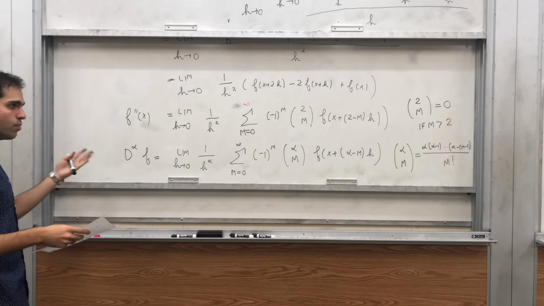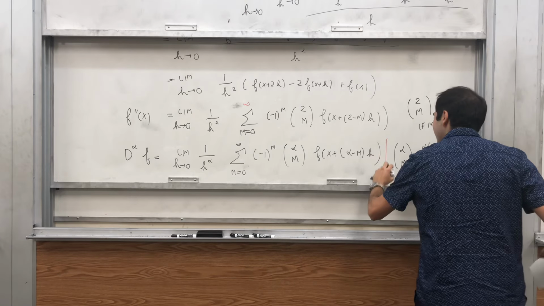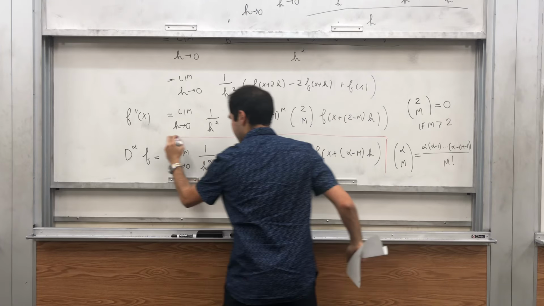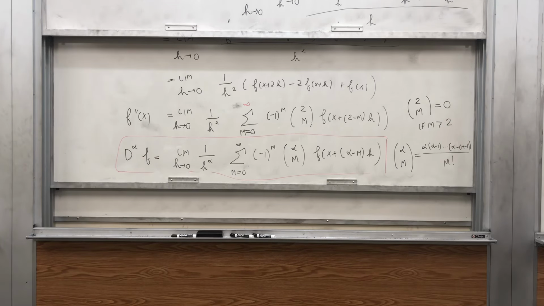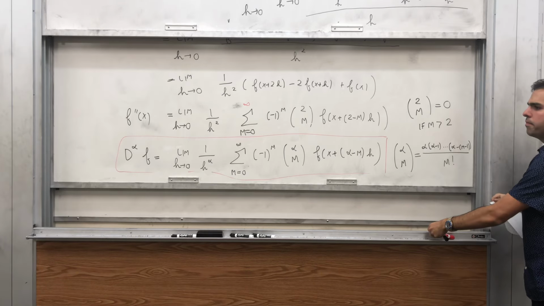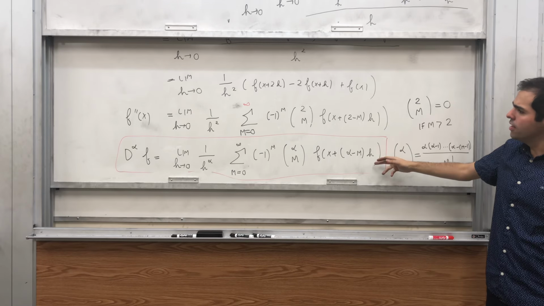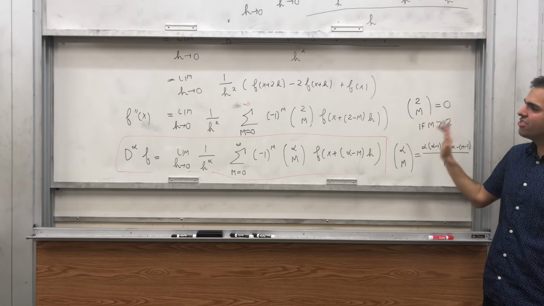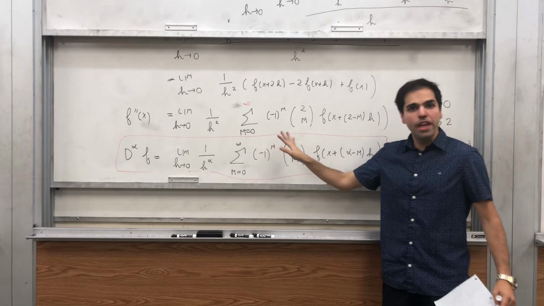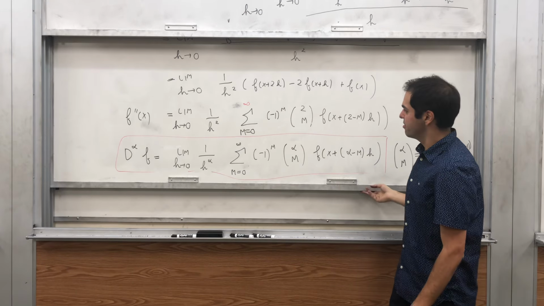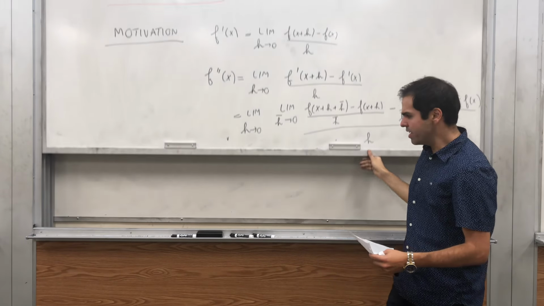Okay, so this is what's called the Grunwald-Letnikov formula, which gives you a definition of the fractional derivative for at least positive ones. It gives you a definition of a fractional derivative in terms of a limit. So in particular, today let's apply it to half derivatives. The glass is half full today. And so we get